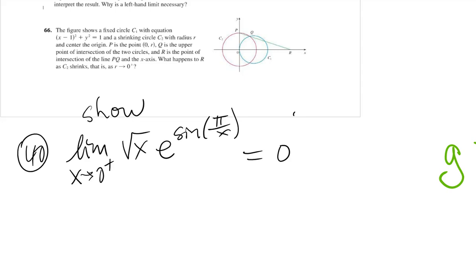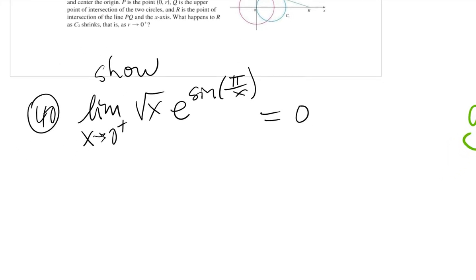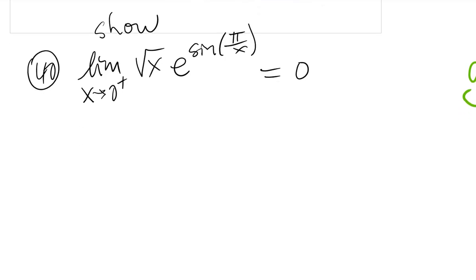Okay. So what do you do with this? Well, who knows? Gosh, this looks horrible. But let's see. Well, I do know that